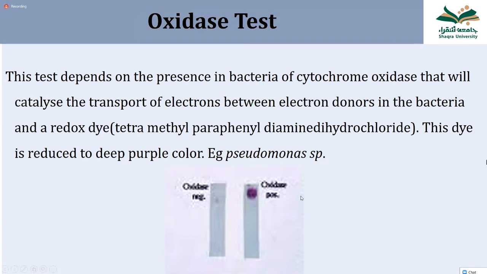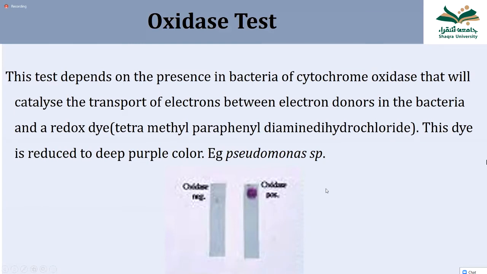This is another test, known as the oxidase test. The oxidase test is done with a paper strip. This is not a simple paper. On this paper, we put some chemical, the oxidase reagent, and dry it. If you touch this paper with a colony of oxidase positive bacteria, within seconds, maybe 5 seconds, the paper changes color from colorless to purple. Here we touched one colony of the bacteria, and here another colony. This bacteria is oxidase negative because there is no change on the paper. Here it is oxidase positive because of the purple color.